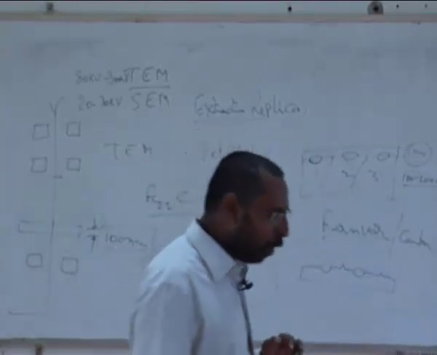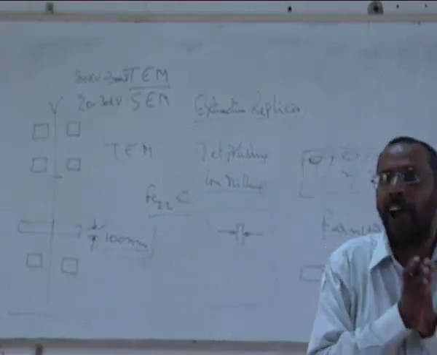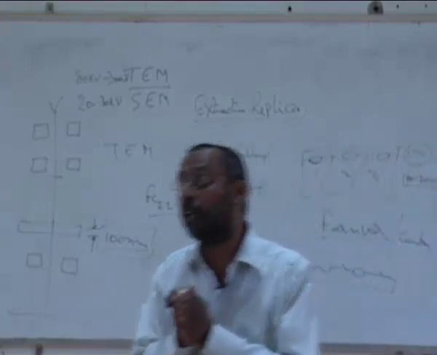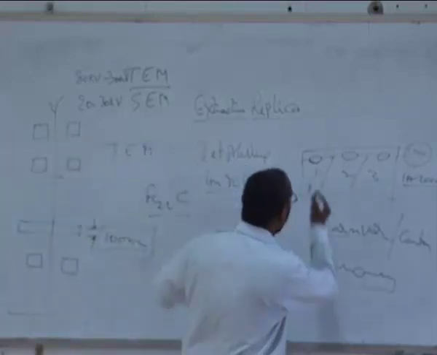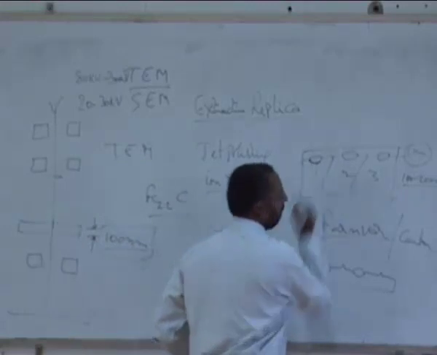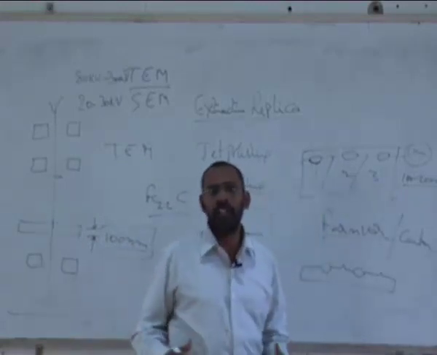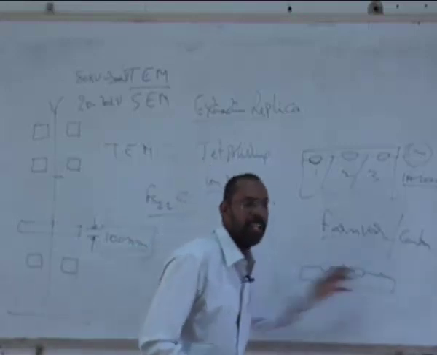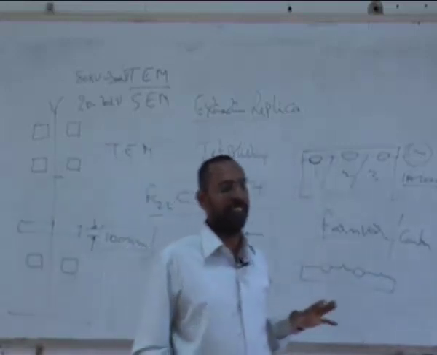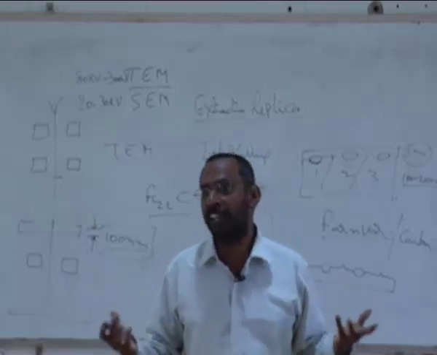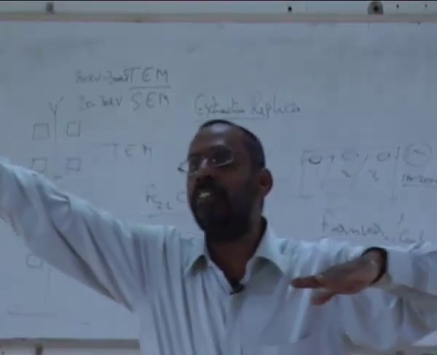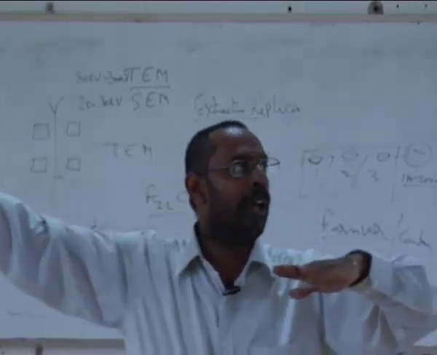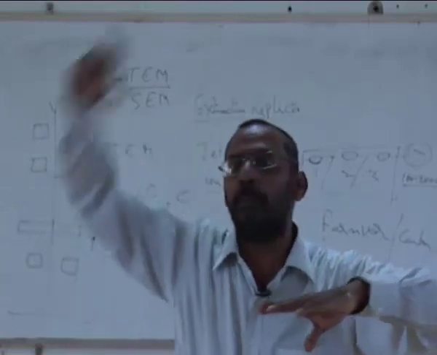Similarly, I also want to know whether this precipitate that I have is a coherent precipitate, a semi-coherent precipitate, or an incoherent precipitate. You must have heard about these terms. If it is a coherent precipitate, that means there is an orientation relationship between this precipitate and the matrix. And this orientation relationship is now lost, because in this replica I am only picking up the particle. I don't have the matrix of my sample here, because I am not seeing the sample. I am only seeing the surface topography, the surface roughness of my sample, and in the process I am also picking up some particles from the sample.